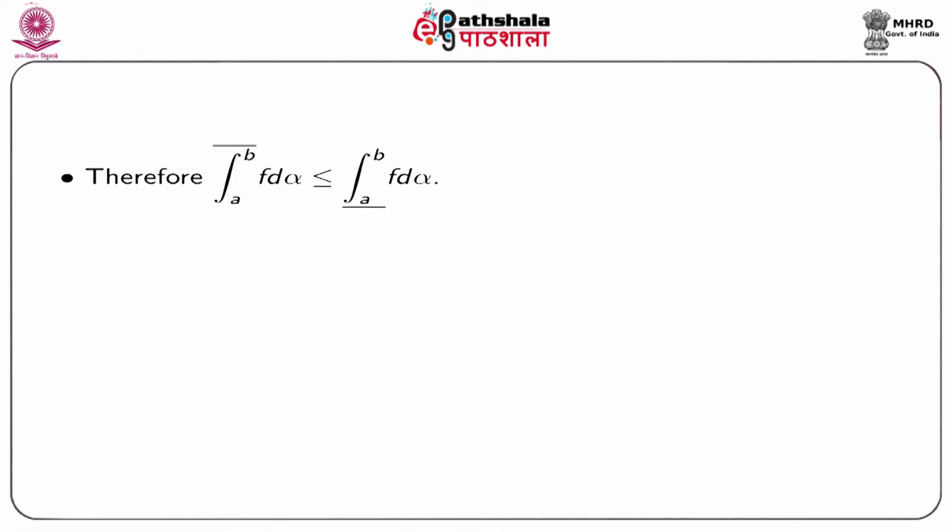Since this relation is true for any epsilon greater than 0, we get the upper integral is less or equal to the lower integral. But we already know that the lower integral is always less or equal to the upper integral. So, combining we have